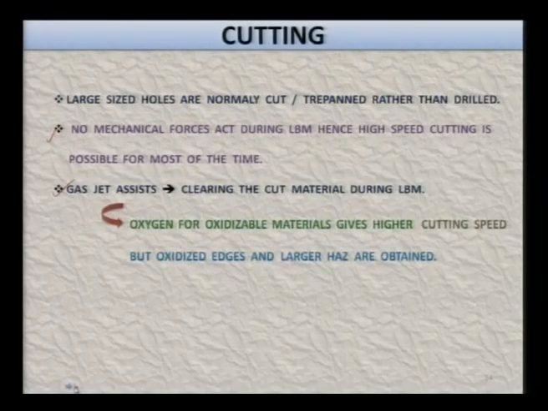Oxygen for oxidizable materials gives a higher cutting speed, because a higher material removal rate can be obtained with the higher cutting speed, but oxidized edges are there and you get a larger heat affected zone. HAZ means heat affected zone. So, one should consider that you are going to get edges which are oxidized